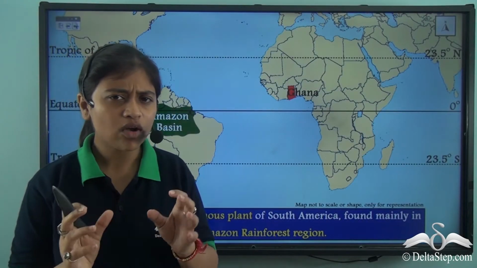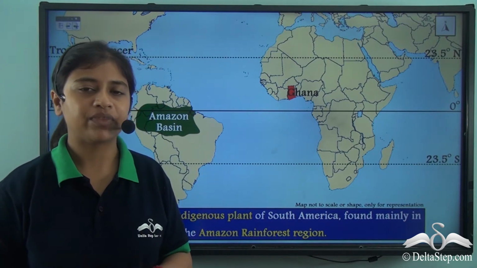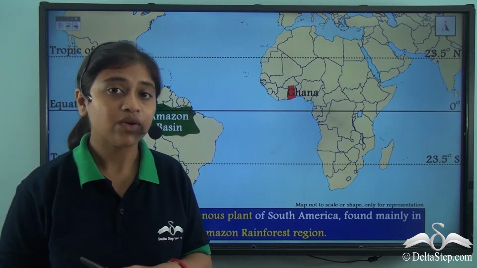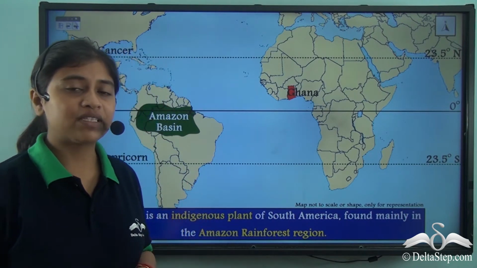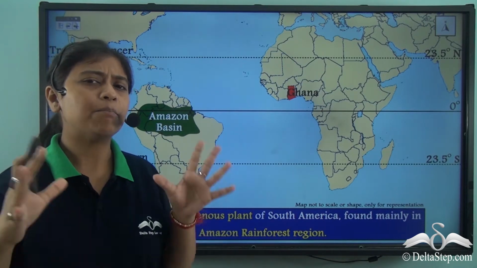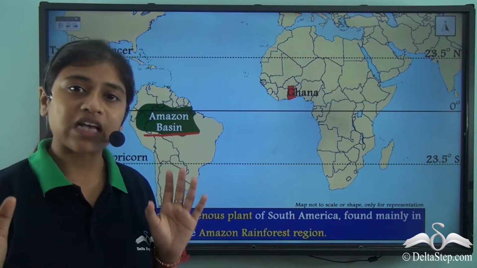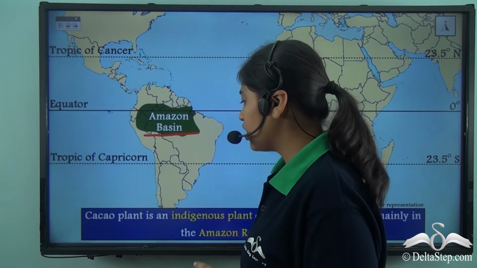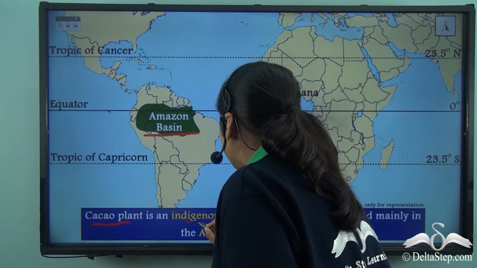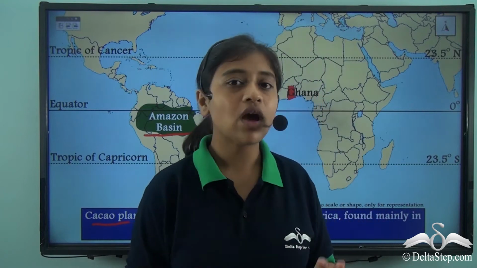Now, this cocoa is what we derive from the cacao tree. So, where exactly do we find this cacao tree? Well, in the ancient times, that is, in the early times, the cacao tree was found in abundance in the Amazon basin region of South America. So, the cacao tree is an indigenous plant of South America, and it is found mainly in